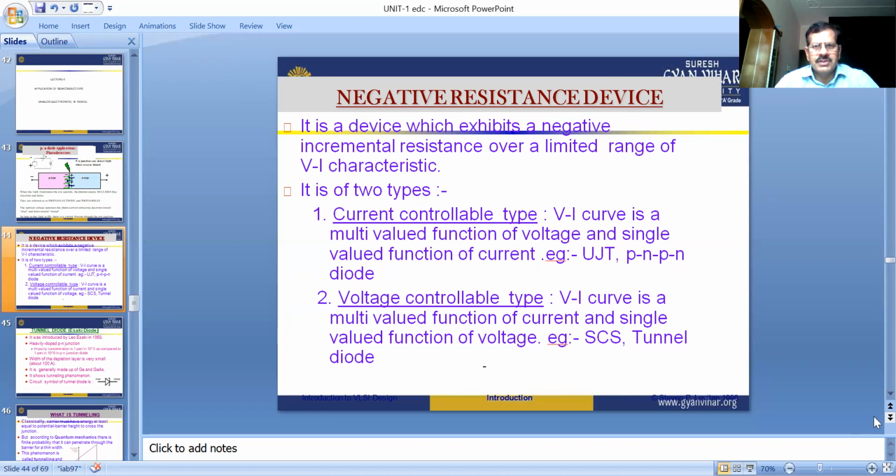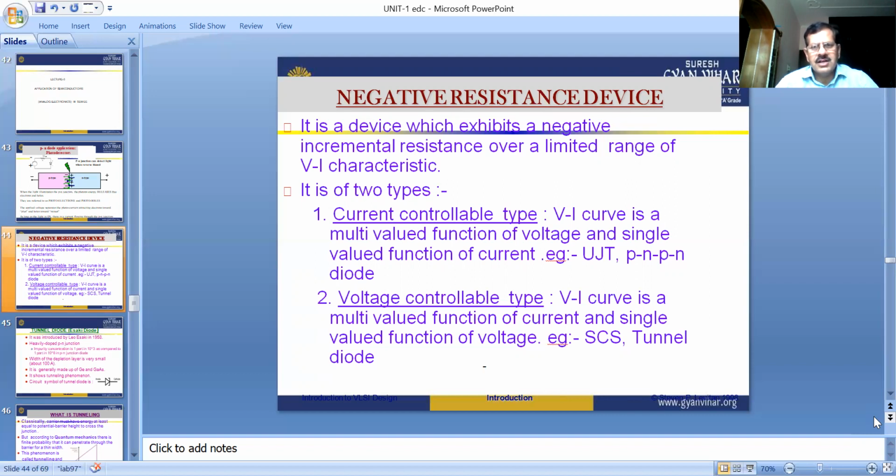It is of two types: current control type device and voltage control type device. For example, the UJT and BJT semiconductor devices are current control devices, and other devices, tunnel diode, etc., are voltage control